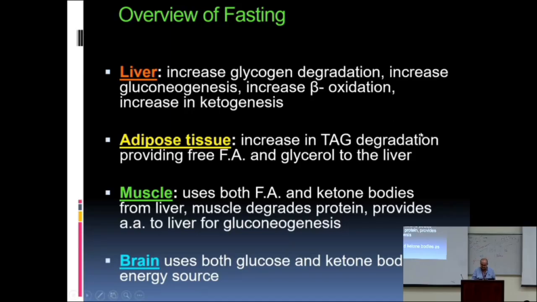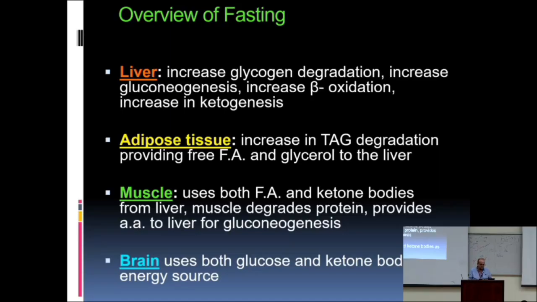Epinephrine in particular will activate the beta-adrenergic receptor, activating cyclic AMP, activating PKA. PKA phosphorylates hormone-sensitive lipase, which breaks down TAGs in adipose tissue, producing 3 fatty acids and glycerol. All 4 molecules are released in the bloodstream,